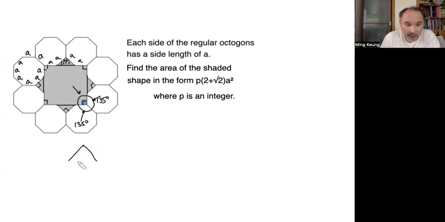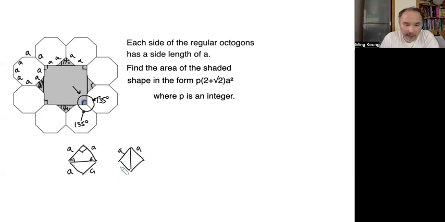Now notice this triangle here, and I'm just going to draw a slightly larger version of it. Well, we have A and A in a right angle triangle. Now, this is also an isosceles triangle, which means that this must actually be 45 and 45 because it's the same length, and this is 90. And when I bring this triangle down, you'll see that these two triangles actually form a square. And likewise, if I took this triangle and drew it like this, and this triangle drew like this,